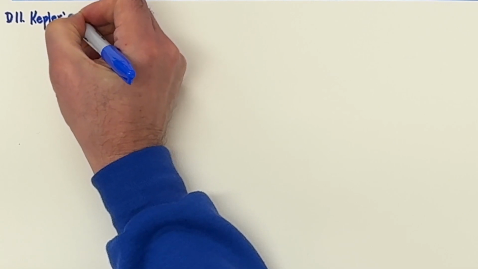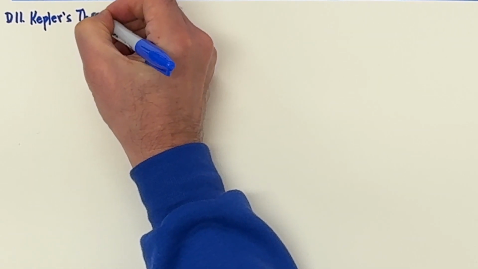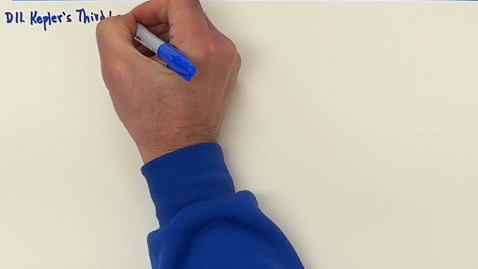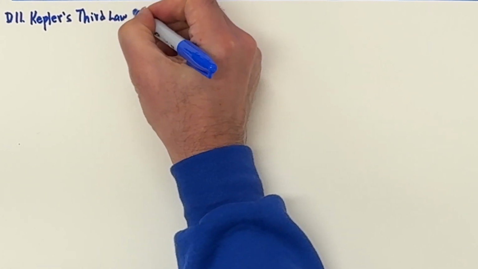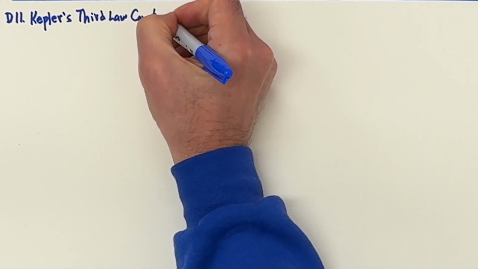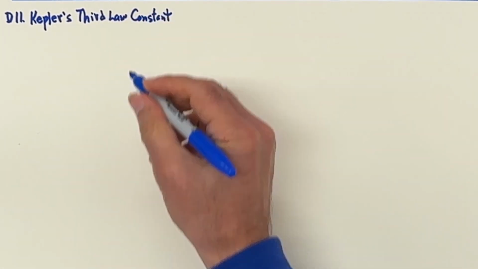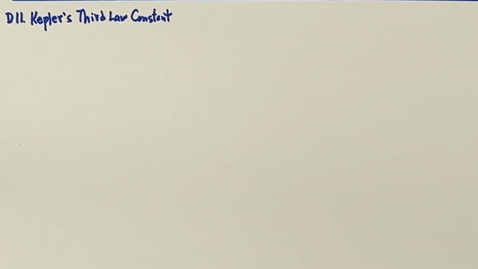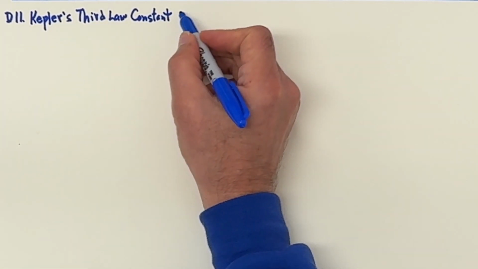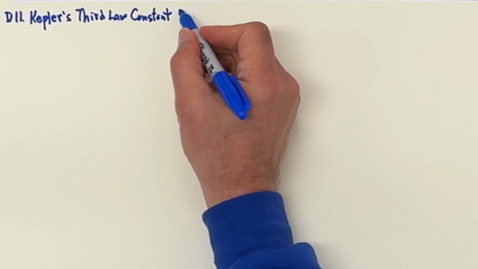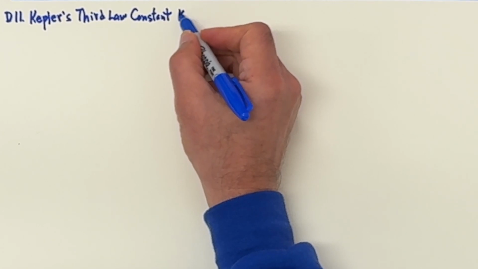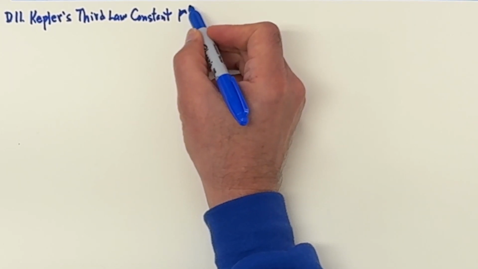Kepler's third law constant. Now we derived Kepler's third law from first principles, while Kepler came up with this law empirically from data, and